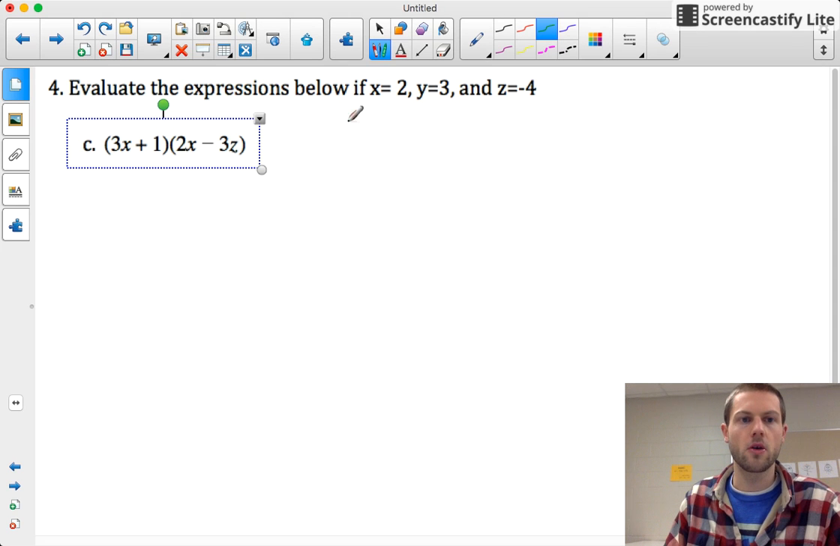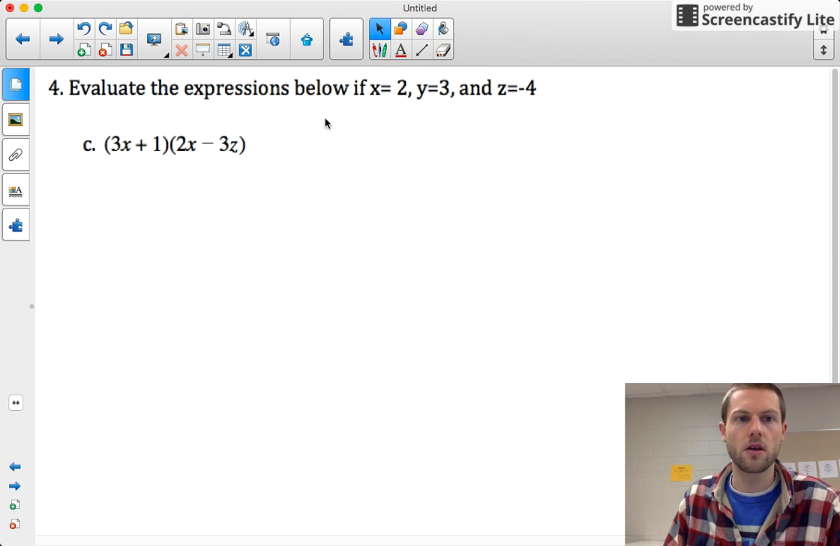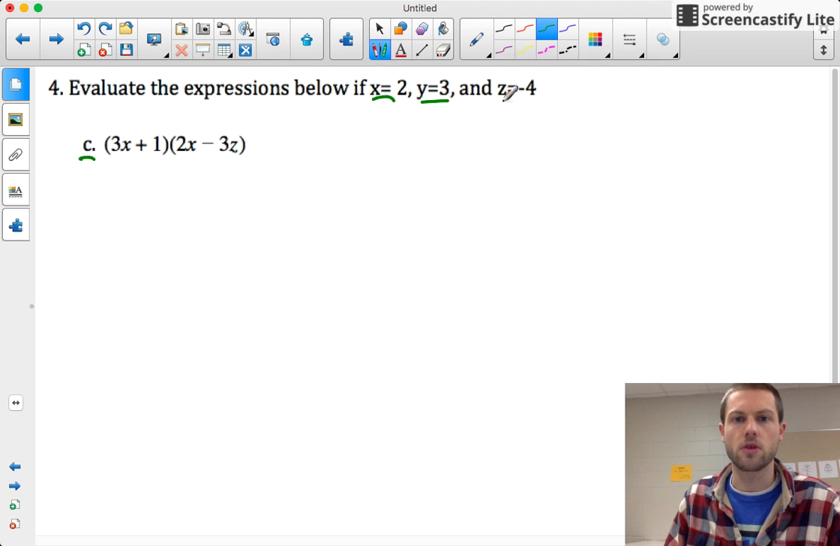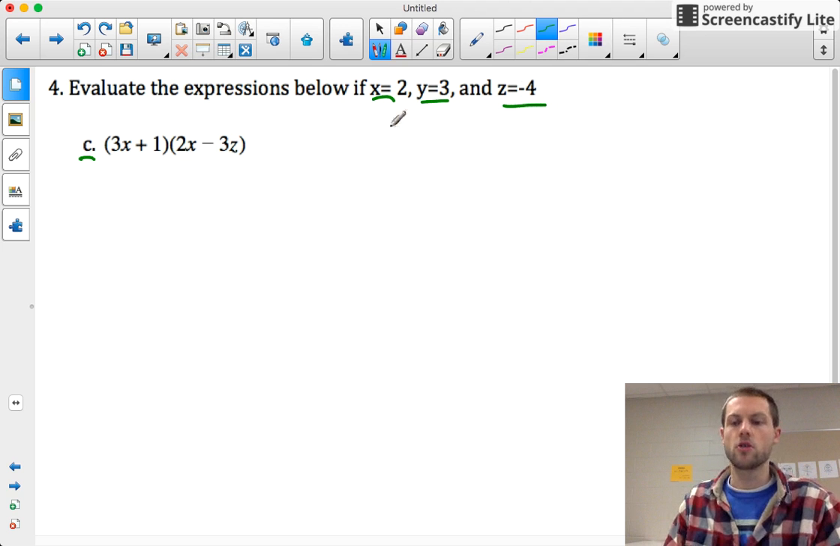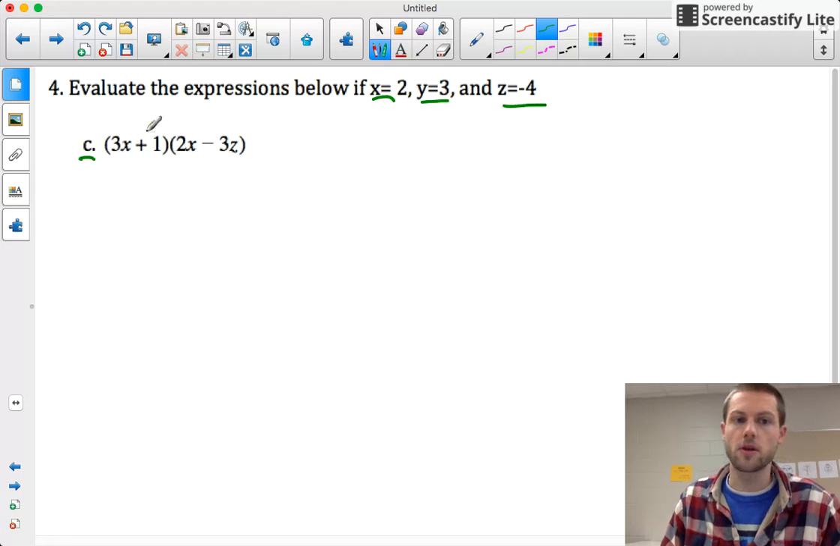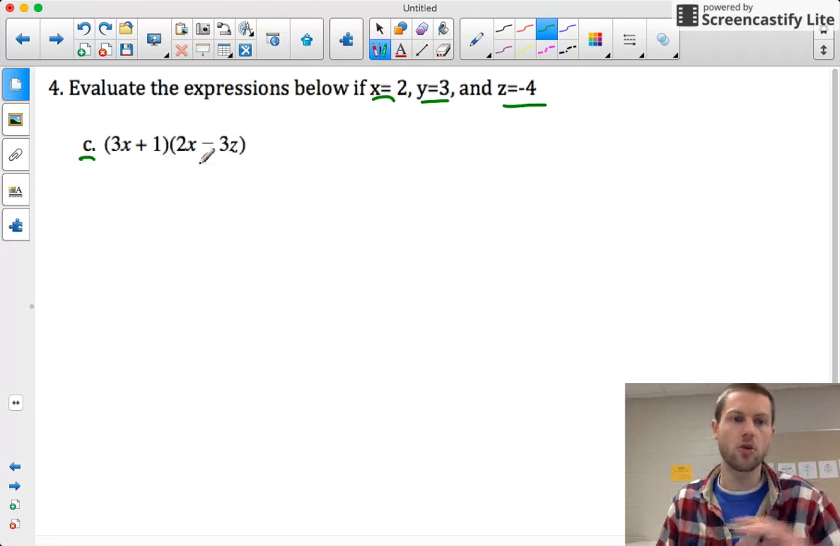Okay, for this problem here, what I want to do is evaluate this expression, letter C here, given x equals 2, y equals 3, and z equals negative 4. Your first inclination, your first instinct might be, well, I see two sets of parentheses, two factors, I should just multiply them together. I could double distribute, I could use the box, and you start going, but wait,